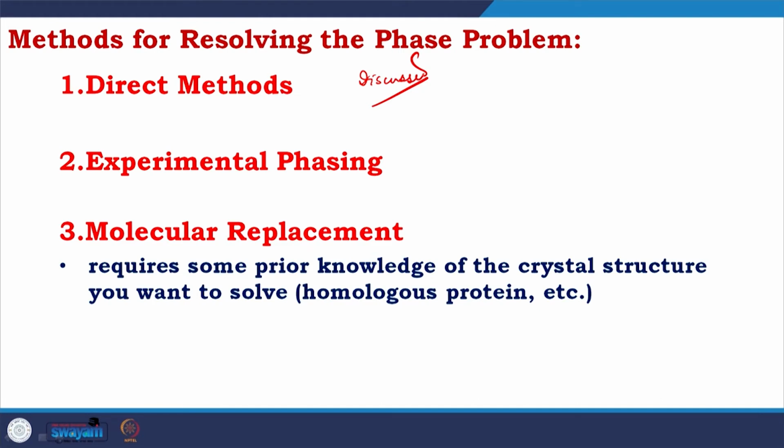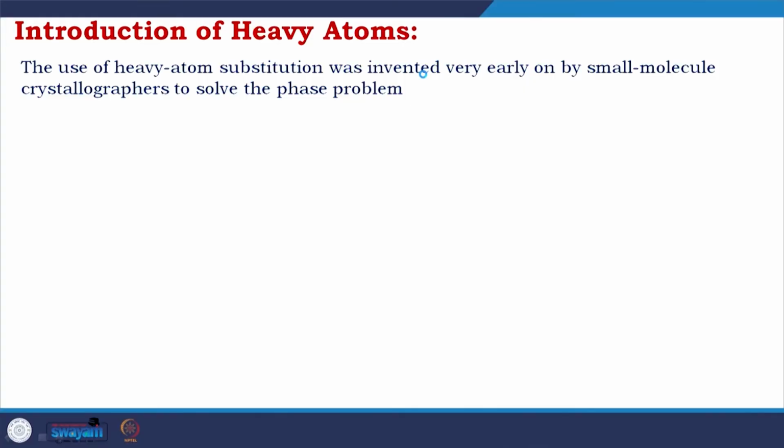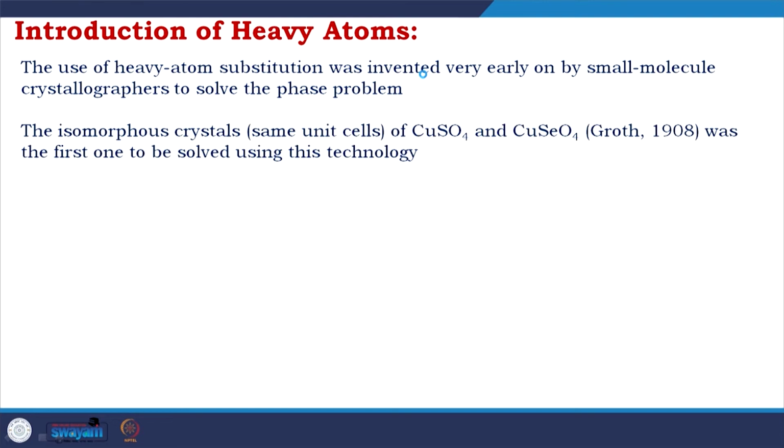Experimental phasing means, if you remember, I am constantly talking about, you have carbon, nitrogen, oxygen in the crystal, you need some others, and the solution comes through the transition metals. The use of heavy atom substitution was invented very early on by small molecule crystallographers to solve the phase problem. The isomorphous crystals,